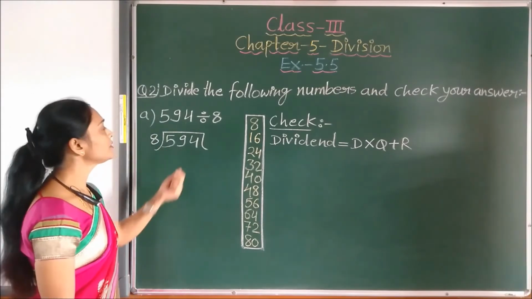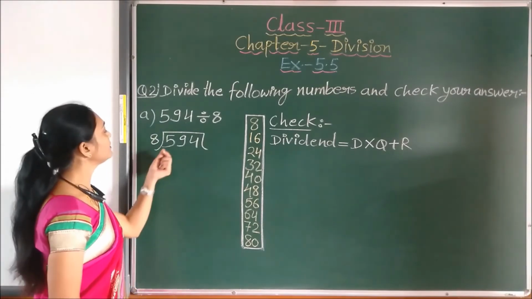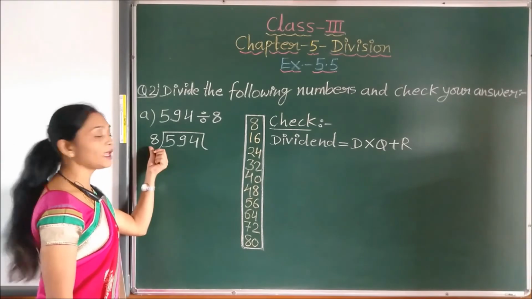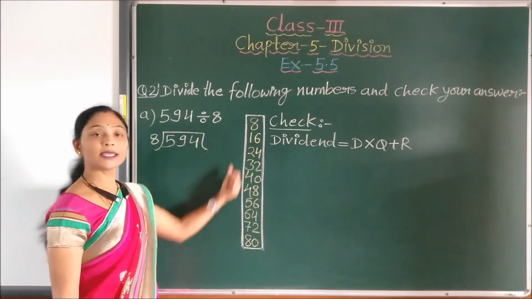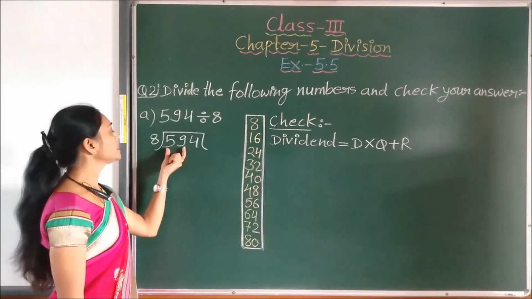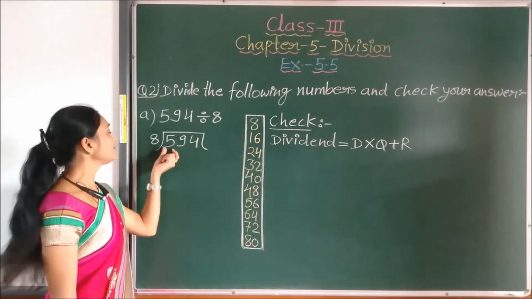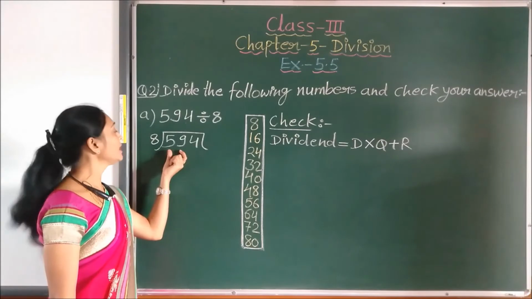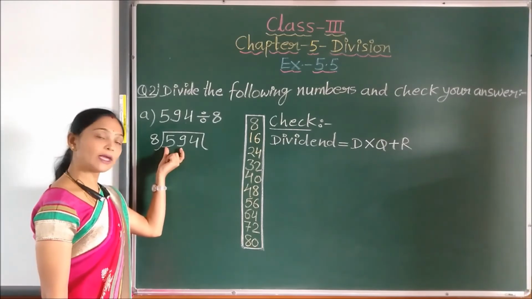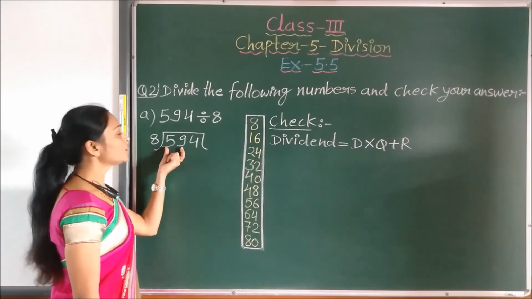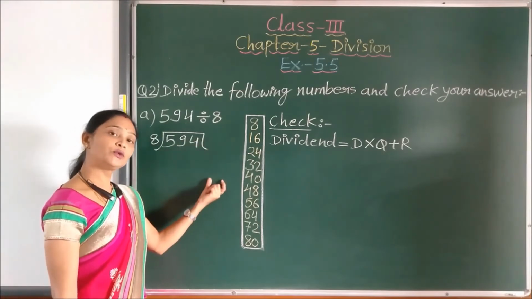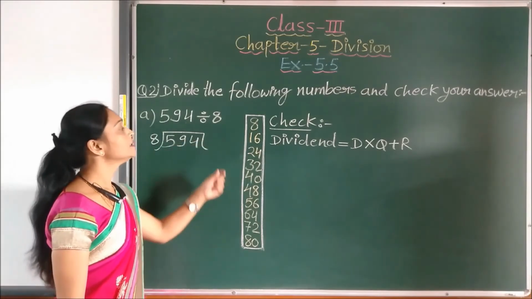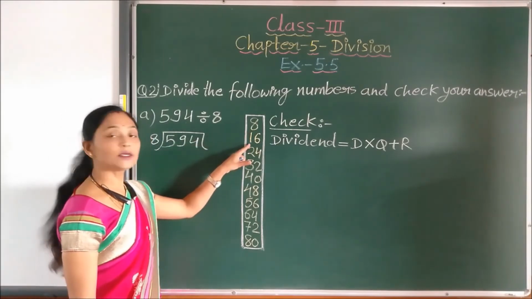Yes, so first we will divide this number 594 by 8. So we have to read this 8's table. First we will take these both the numbers because 5 is less than 8, so we cannot take the first digit only. We have to take these 2 digits together. Yes, so now for 59 we have to read the table of 8. So 8 ones are 8, 8 twos are 16,